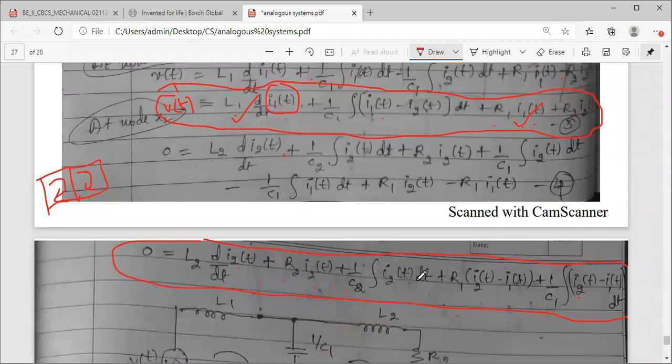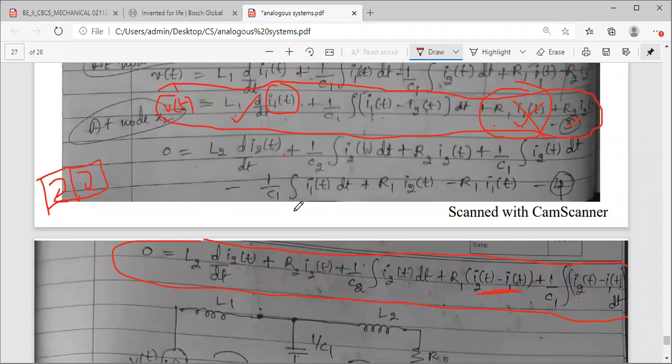Similarly check here. I1 terms here, there is 1 by C1 which is I2 minus I1, so it will be shared. R1 I2 minus I1 will be shared, but R1 we have already taken here as single, so this I cannot take. No doubt first time I took, because there was only I1 in equation 3. R1 is associated with pure current I1 of t. But if you observe the next nodal equation, R1 you have here as shared element I2 minus I1. So you cannot consider this.